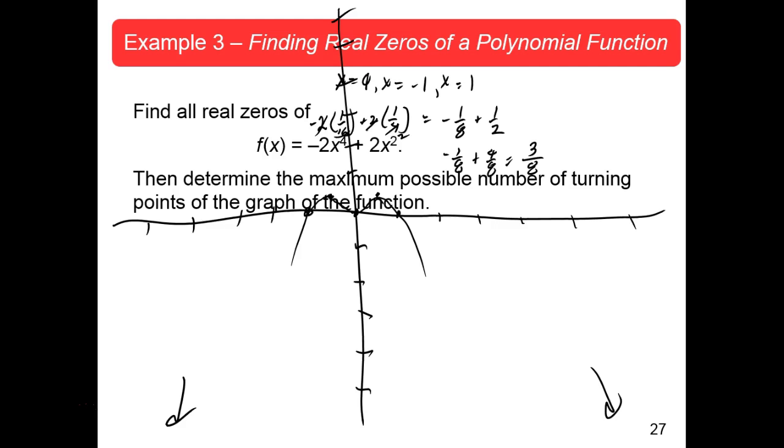Can't turn around and come back up again, because the maximum number of zeros you could have would be 4. We've already accounted for all 4, because the 2 in the middle are repeated. 0 is repeated. Now, that leads to something else that we're going to talk about at the bottom of the page. Now let's go on and talk about it now. Remember, this was a single 0, x equal -1. Whenever you have an odd number of zeros,